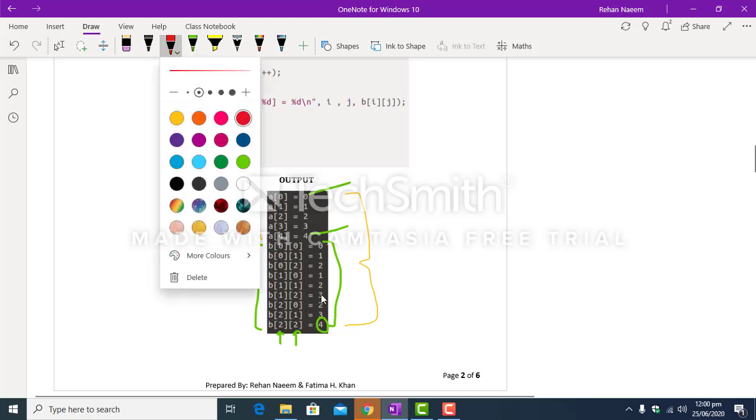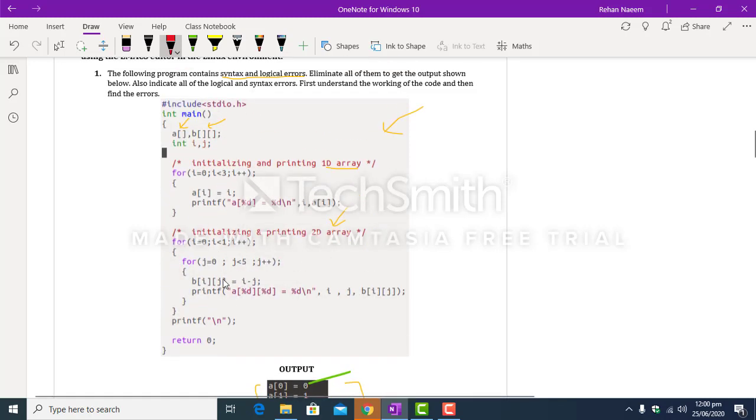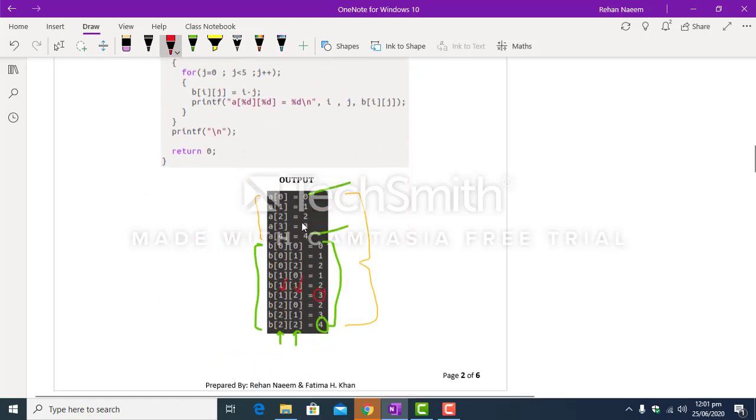Similarly, this value 3 has some relationship with this index 2 and this index 1. So you people have to determine that relationship and correct the code accordingly. Of course, there are many other errors as well. Eliminate them and get the correct output.